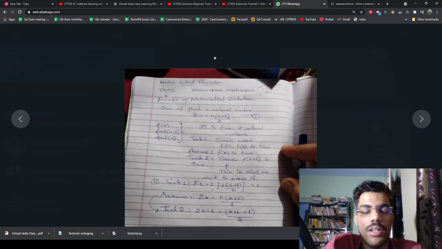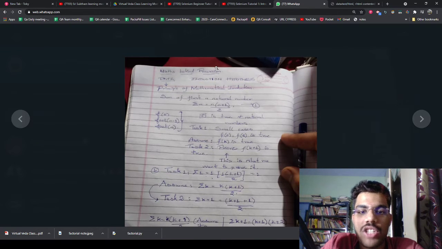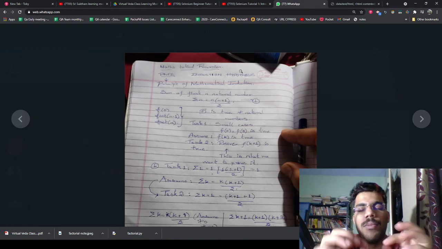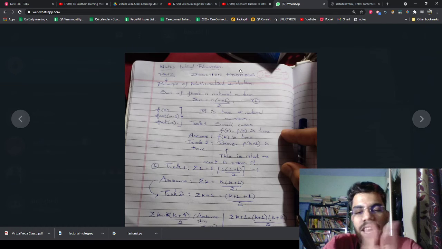What we need to know practically. Let's say we are going to take an example, sum of n numbers. So this is summation of n equal to n into n plus 1 divided by 2. This is an example for the basic assumption. Forget everything, just think about the basic assumption f. Let's talk about what is the math behind the recursion.